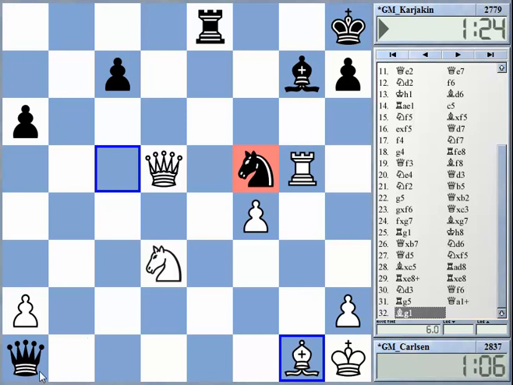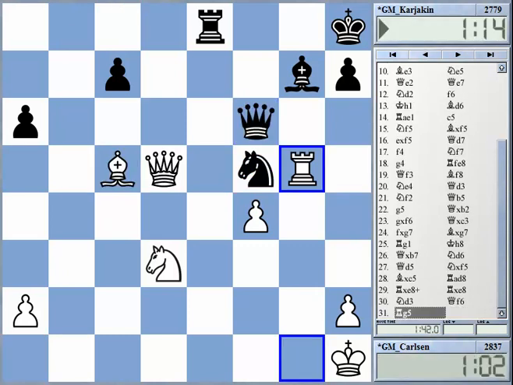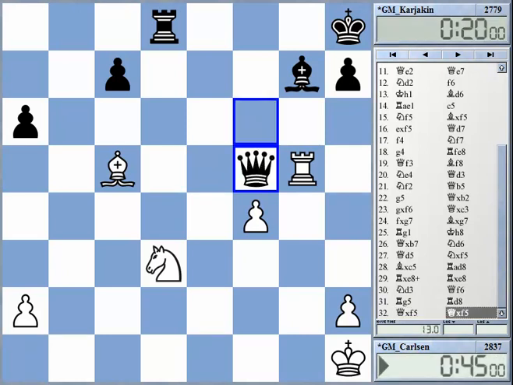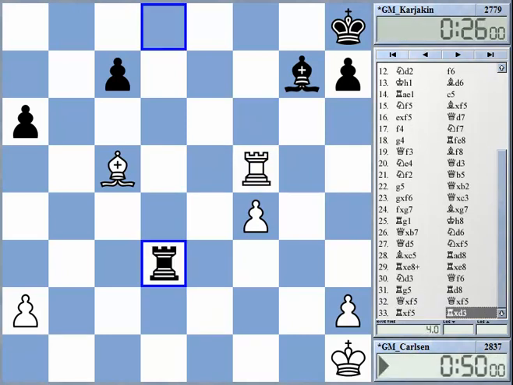Yeah, maybe this doesn't really bring much positive. Okay, so he went rook d8, queen takes f5, rook d3. So again we arrived at an endgame which looks completely equal,